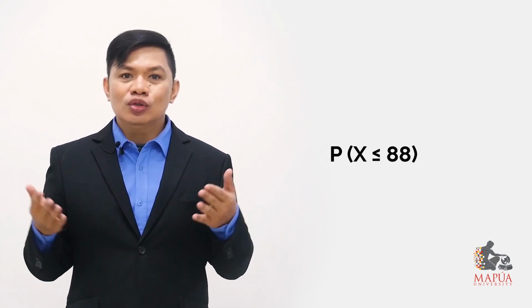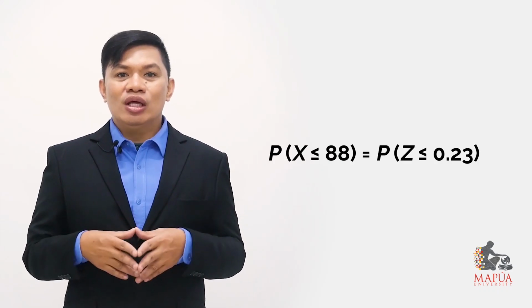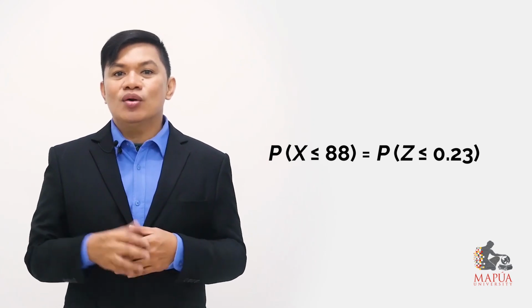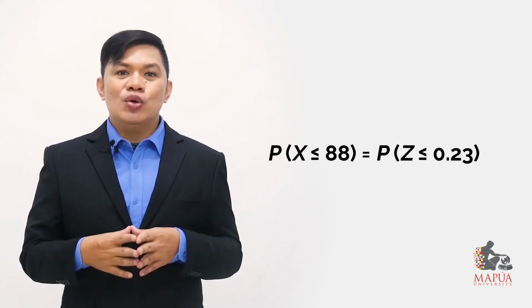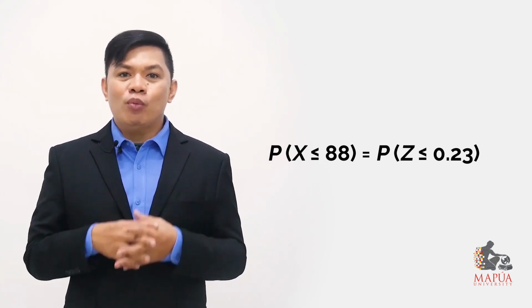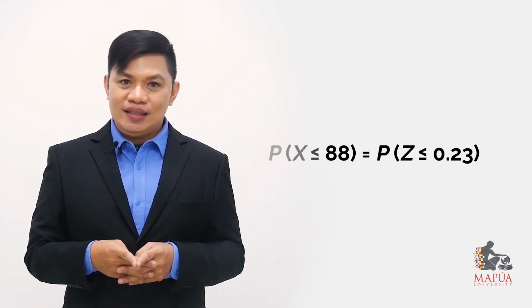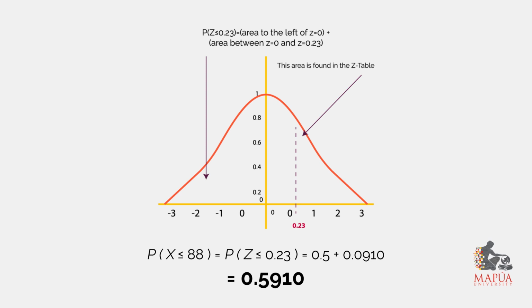Now, since we are able to standardize 88 as 0.23, the probability that x is less than or equal to 88 will be equal to the probability that z is less than or equal to 0.23. At this point, please bring out your z table and look for the probability of z less than or equal to 0.23. Referring to the z table, the probability that z is less than or equal to 0.23 will be